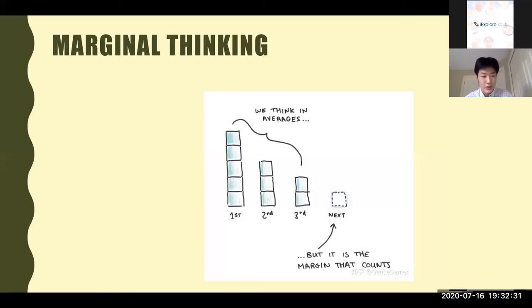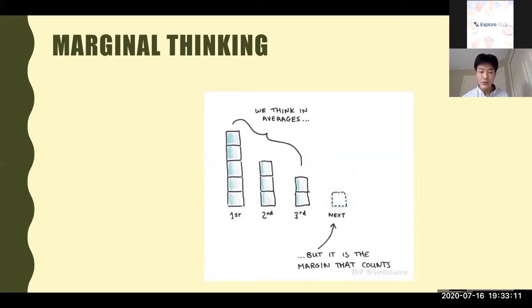And on the second day, because you only sold 3 pairs of shoes, when 50 is divided by 3, you approximately have a higher marginal cost, like $17 or $18. And on this day, when you only sold 2 pairs of shoes, when you distribute it to each pair, you have to pay $25 as rent as marginal cost. And on the third day, when you only sell one pair of shoes, the marginal cost becomes $50, which is equal to the marginal benefit. And you should stop at this point because you can't make a profit anymore.